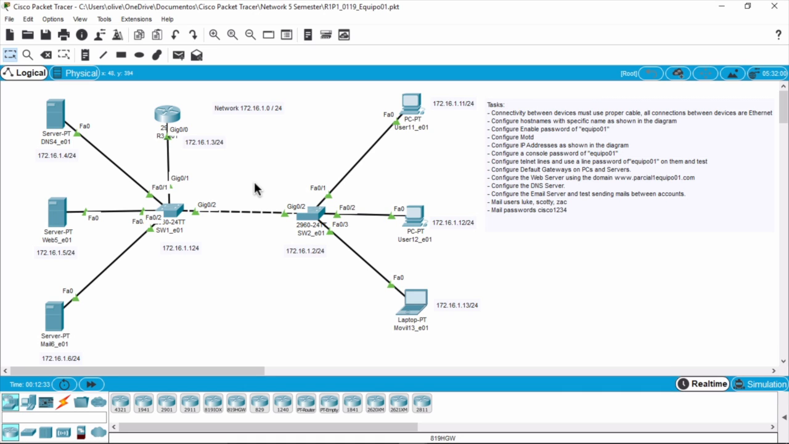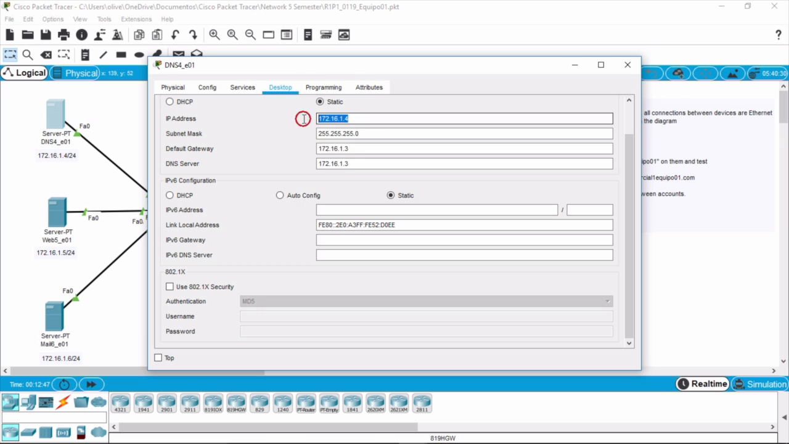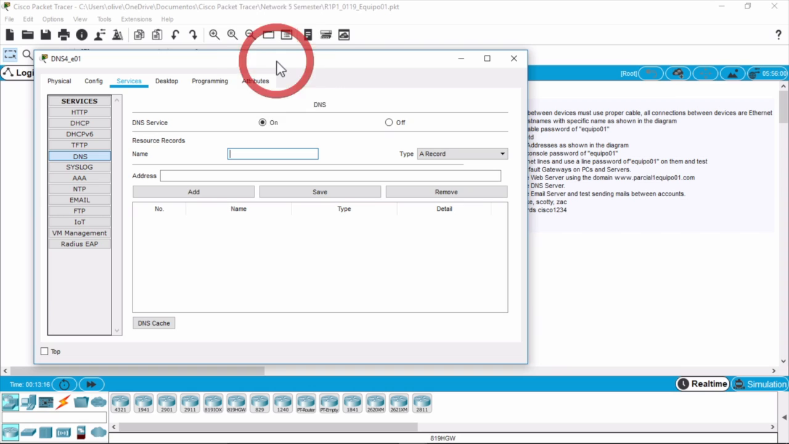Now let's keep going with our task, and we have to configure the servers, DNS, web server, and mail server with the correct IP address. So let's get started. Let's set the IP address first. We can see I have already set 172.16.1.4/24, default gateway of 172.16.1.3, and the DNS server. I also use the default gateway because this is another configuration for the DNS server. Let's see what else we need to do. Okay, the DNS server. The name is